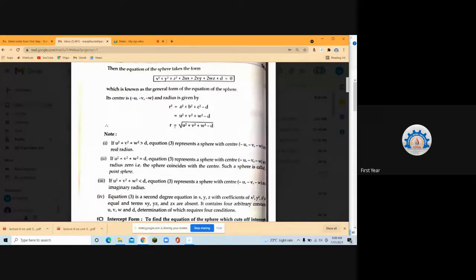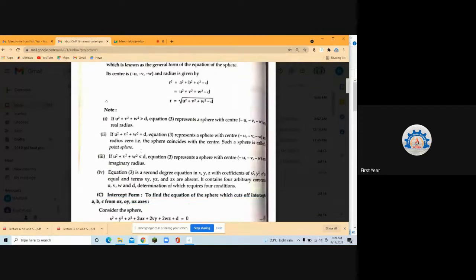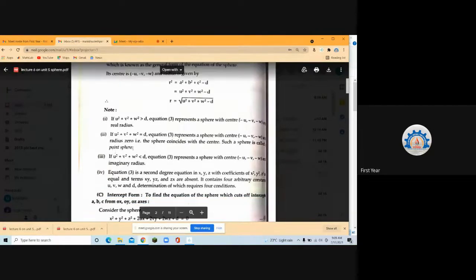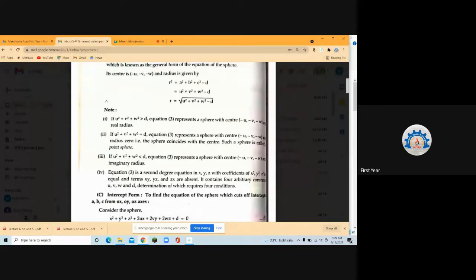Okay, we are talking about sphere now. So it is a dot sphere, which starts at the origin and which ends at the origin. Clear? That is the second case, and it is called a point sphere. So this type of things they can ask you for your MCQ also.